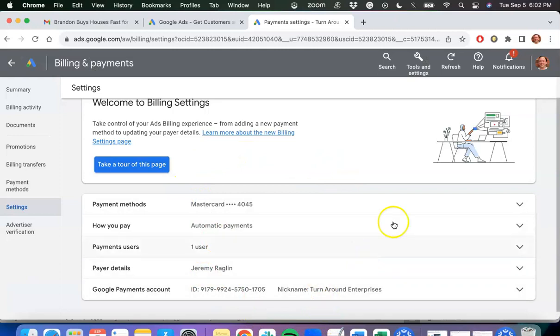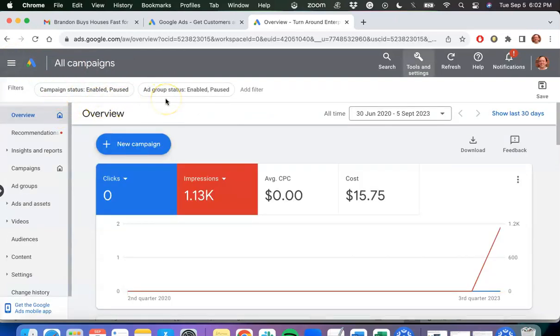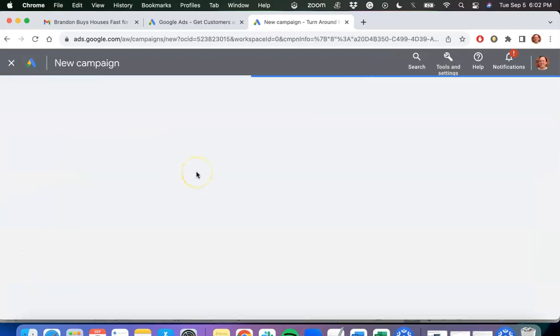So it's simple and it's easy to get set up. Once your billing and your payment information are all set and ready to go, you want to hit the back button on your browser, and you want to start your first campaign. So you're going to click on New Campaign,